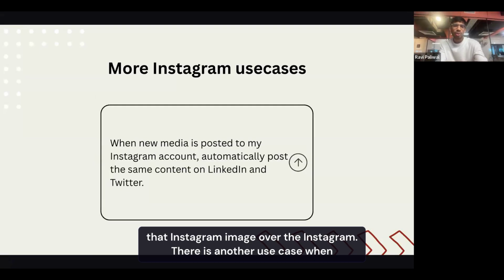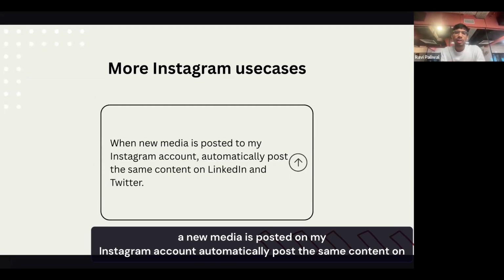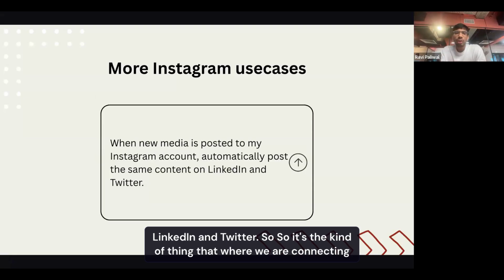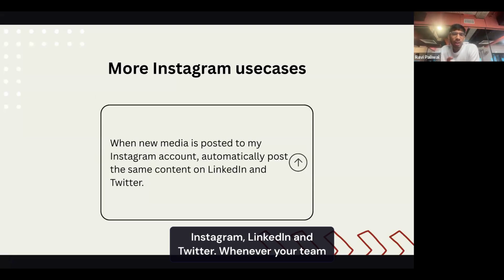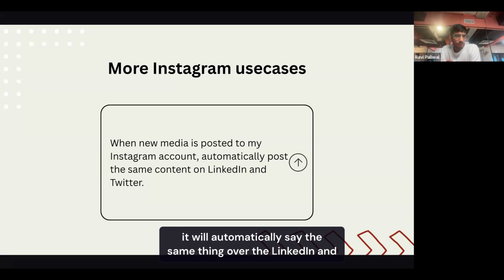There is another use case: when new media is posted on my Instagram account, automatically post the same content on LinkedIn and Twitter. So we are connecting Instagram, LinkedIn, and Twitter. Whenever your team or you post anything on Instagram, it will automatically send the same thing to LinkedIn